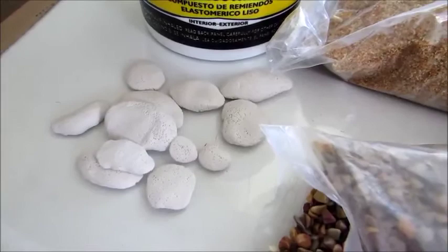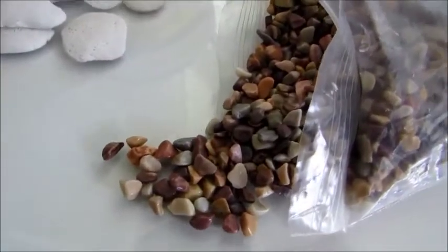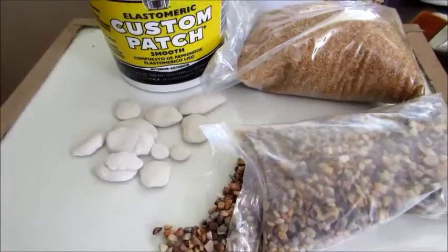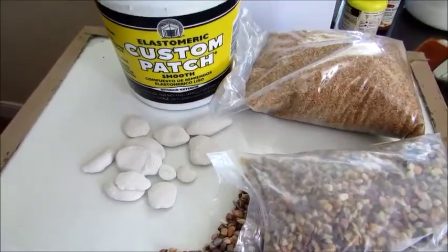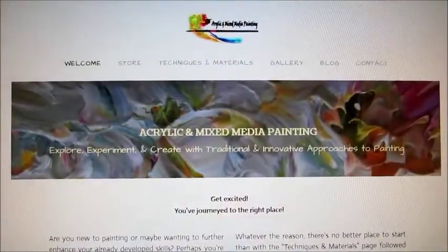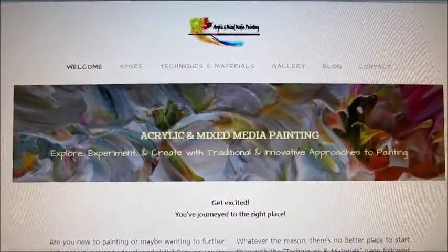Always make a large batch of these because I use them in a lot of my paintings. And then here's some small pieces of stone, different values in them. Okay, so for this mixed media painting, we use an acrylic paint and then what you see here. I mentioned earlier a few tutorials on applying this media,